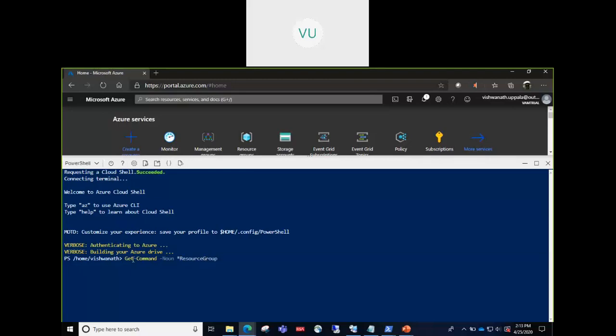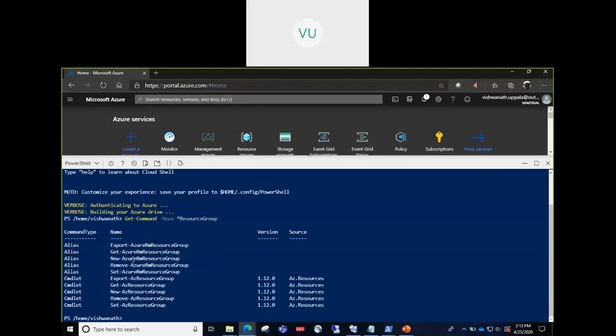So I don't know any PowerShell command related to resource group in Azure. I can simply type this command and get that list. See, it will give me all the commands which are related to resource group. So export, Get-AzureRmResourceGroup.